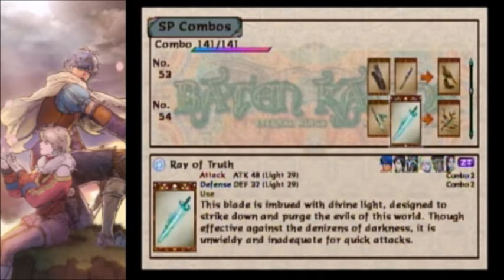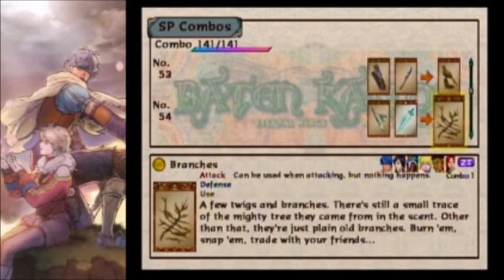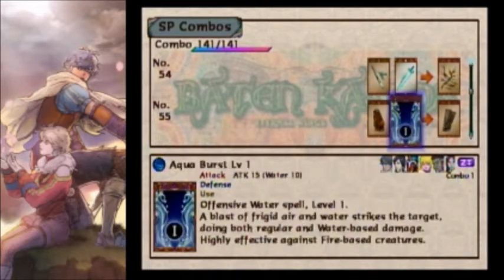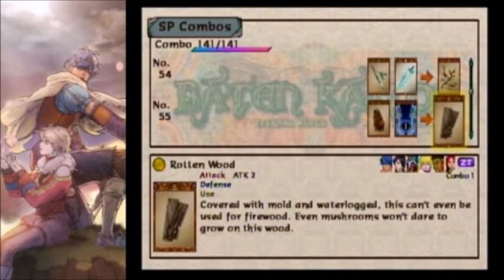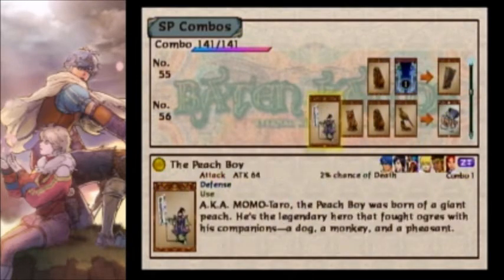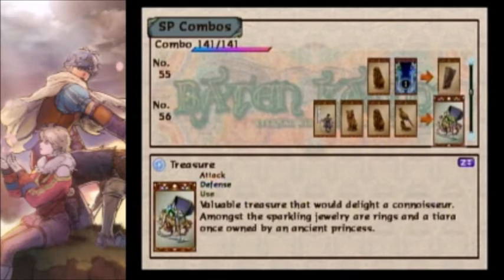And of course, using any type of blade with any other type of wood, here I use a tri-Crescendo pen for the example, we get the branches. Any type of wood with water will give us rotten wood, a very weak attack Magnus. And then here we have Peach Boy with the 3 carvings, and we get treasure, which sells for, I believe,